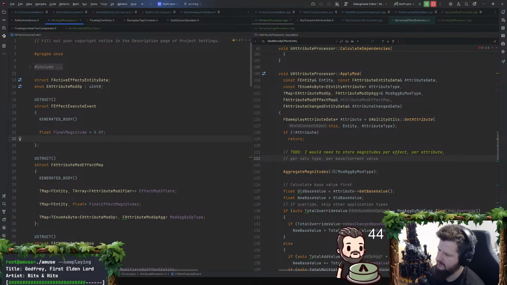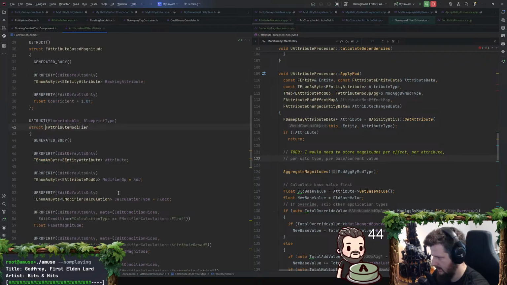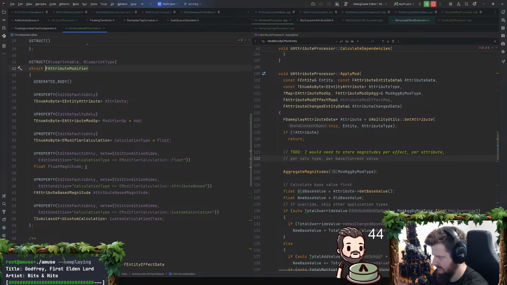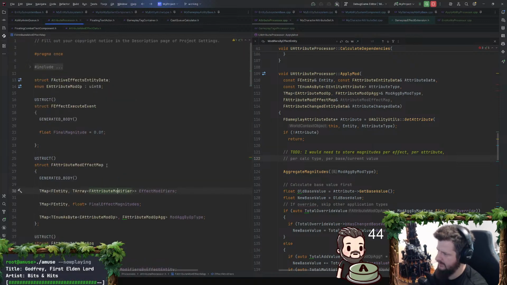We have an array of attribute modifiers. Yeah, I guess. How would I distinguish between attribute modifiers? It's not like they have equality operators or anything on them. Float magnitude. I guess it would give me some information about what their base information was.